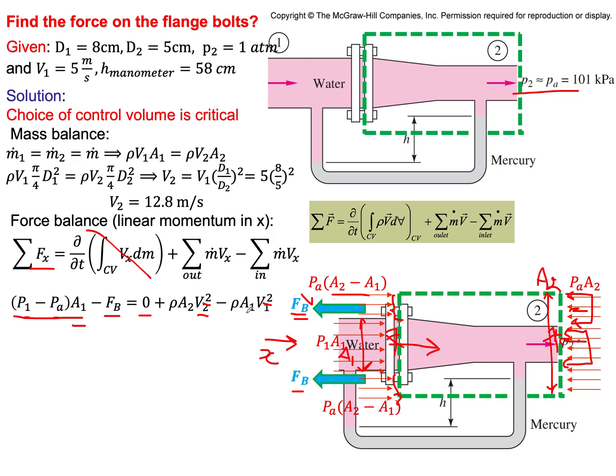And we have found A1, A2, V1, and V2, and we have the pressure P. So now we want to find the pressure P1, and that's where our manometer comes in handy. So if you do a manometric analysis, follow the pressures between points 1 and 2 through the manometer, so the pressure increases with depth, and then you